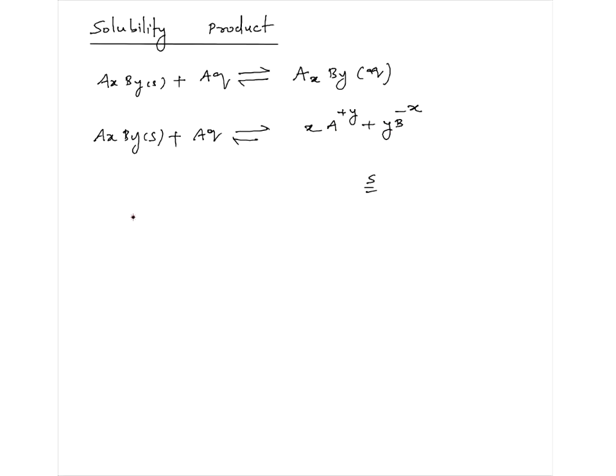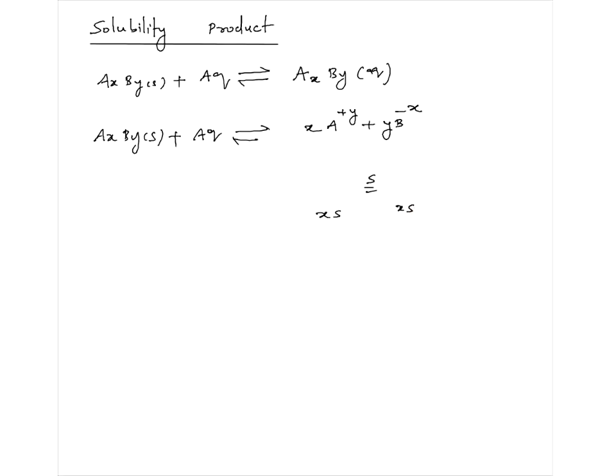If S part of it dissolves, X into S and Y into S, what is getting dissolved is getting ionized, right? So if S part of it dissolves, then it ionizes and you get XS of these ions and